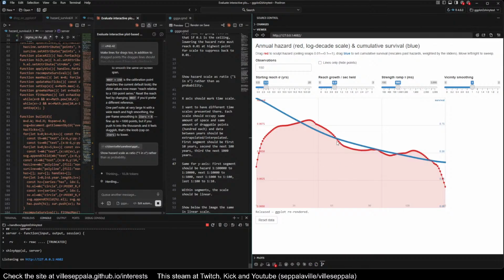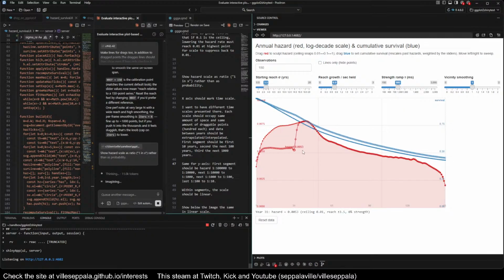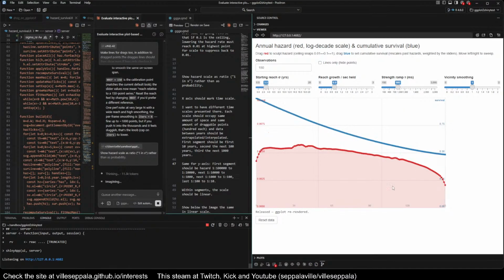Also, I'm wondering if it would be easy to create some kind of confidence interval thing here, because it's kind of like that